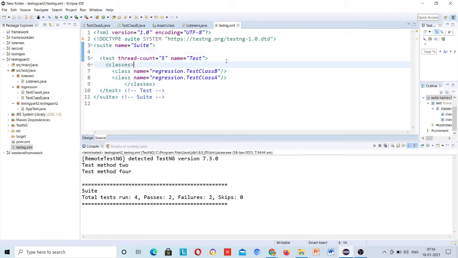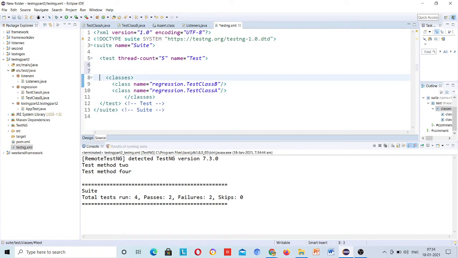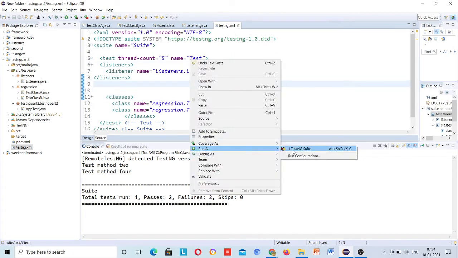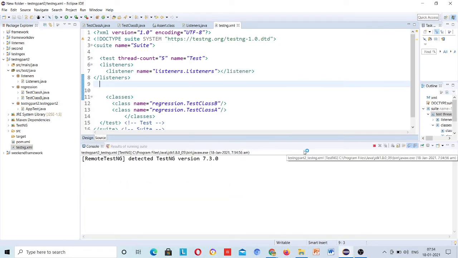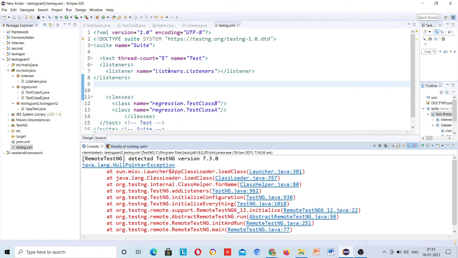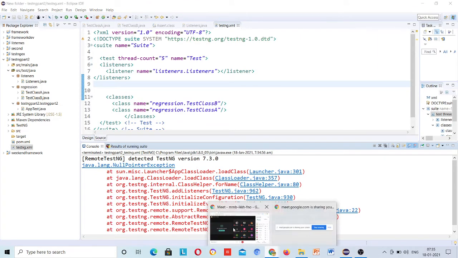Okay, just use inside test folder. Let me see. Okay, let me see the syntax.